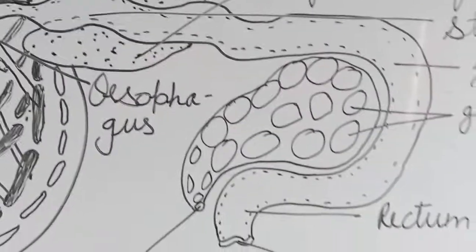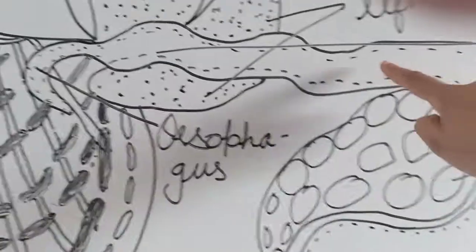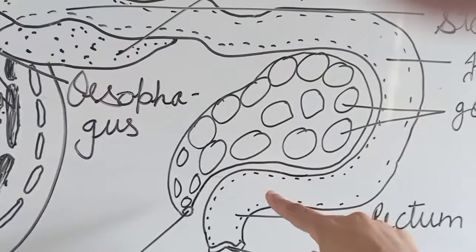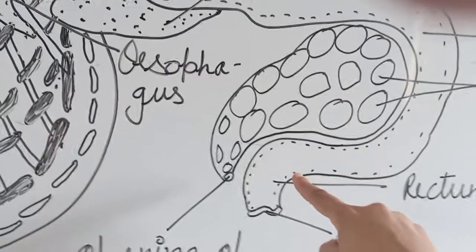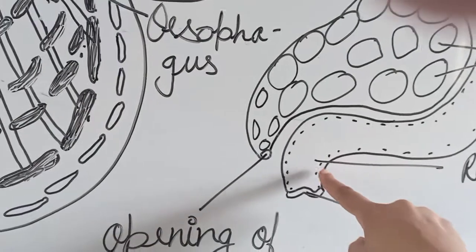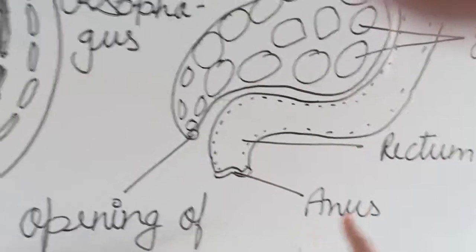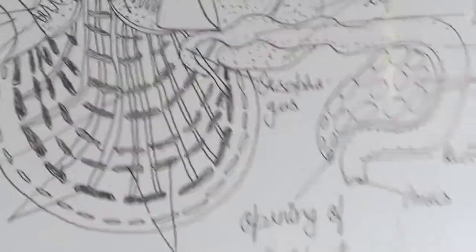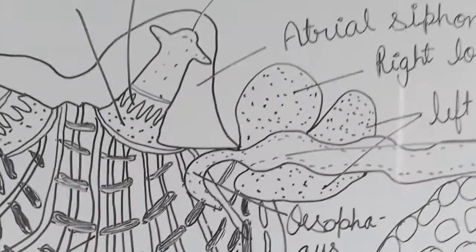They help in the absorption of food particles. From this intestine, food particles are absorbed within the body, and waste material is removed through the rectum, and from the rectum it is removed outside through the anus. So its alimentary canal is complete and coiled, and some waste products are also removed.